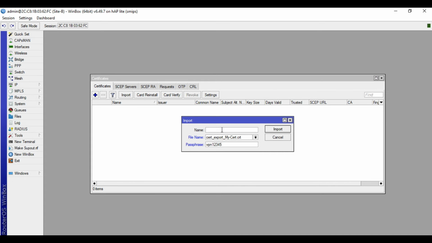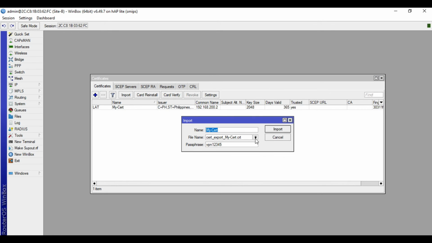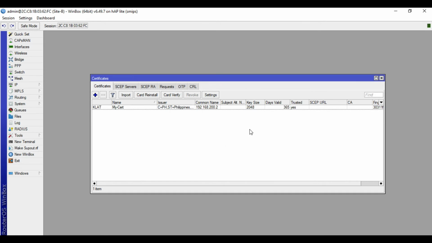For the name, I'll name this one my cert. Import. Let's click import again. This time, choose the my cert key. Click import. So we are now done with the MyCert certificate. We will now import the client certificates.